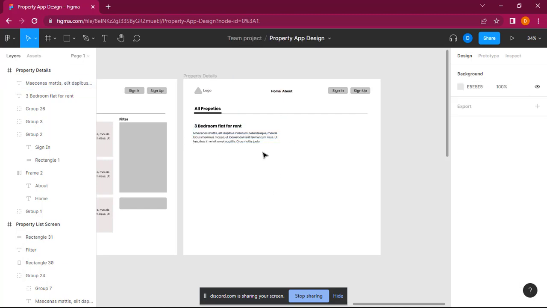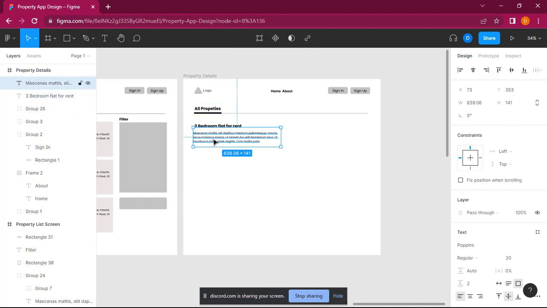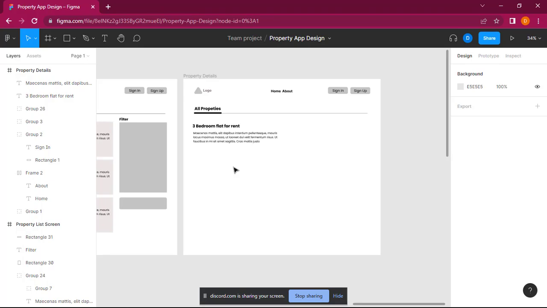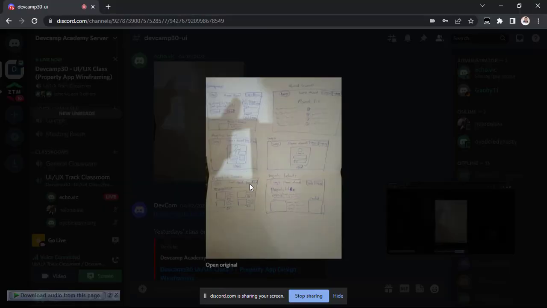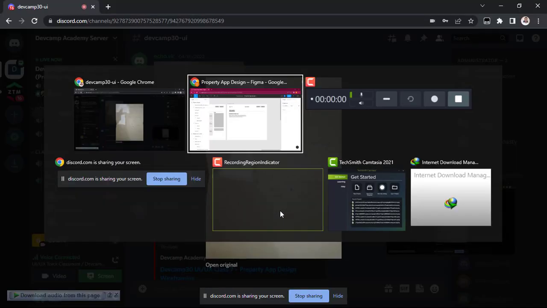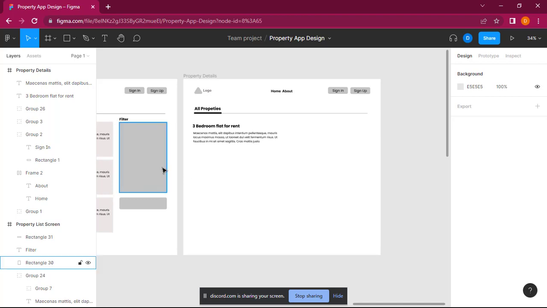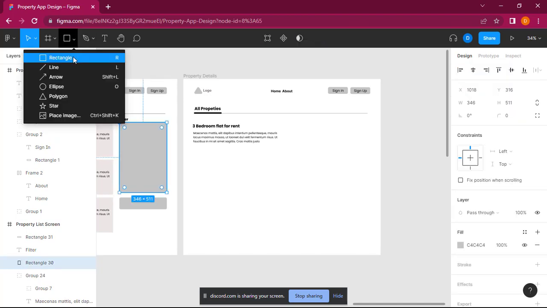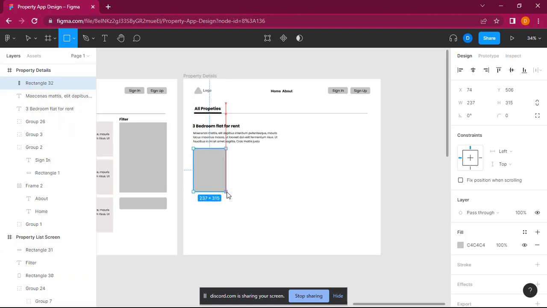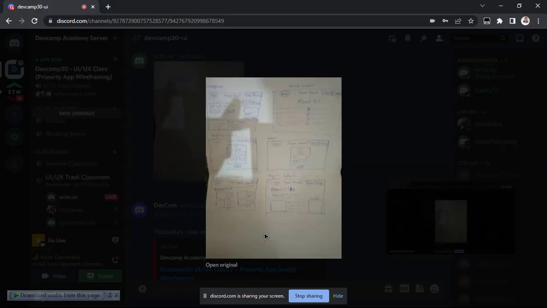This will be like the description of the property. Then we can now have our image here. So let me just select something else. Have our image here, then